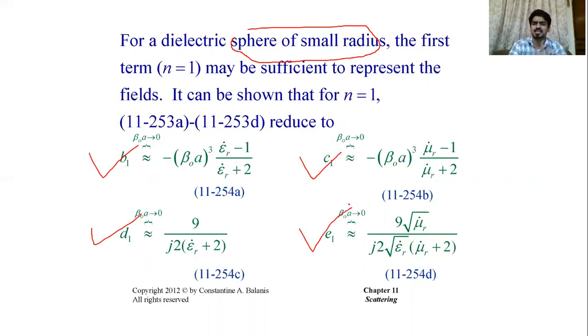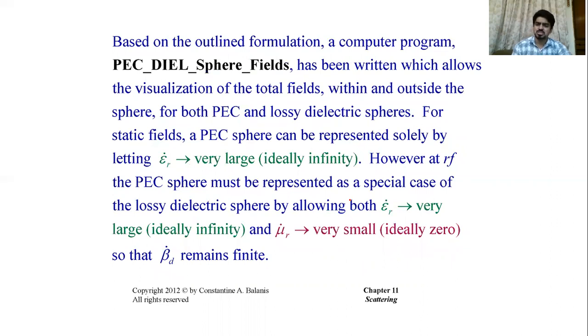So these are the expressions, and what you do is substitute this back into the vector potentials, and from that you will get the scattered E field and H field, and from that you will be able to derive the expression of the radar cross section. We are not showing that derivation here, but there is also code given with the textbook. You can run that in MATLAB and it will give you the radar cross section. It is programmed for the dielectric sphere as well as the PEC sphere.